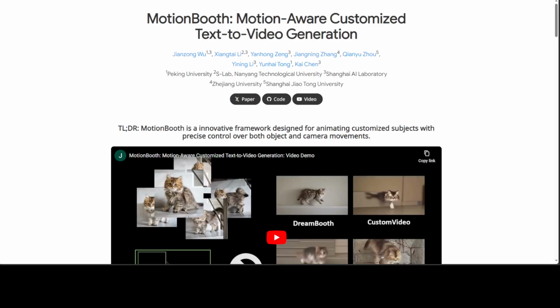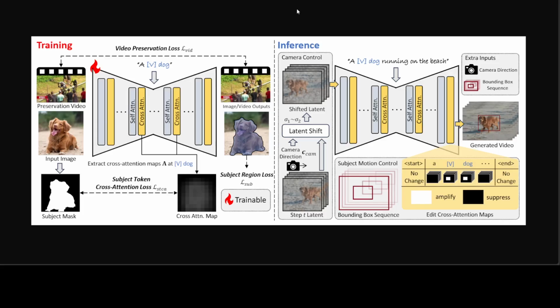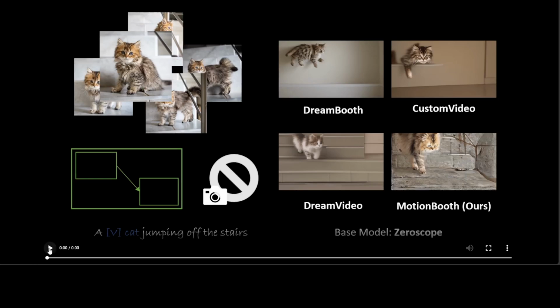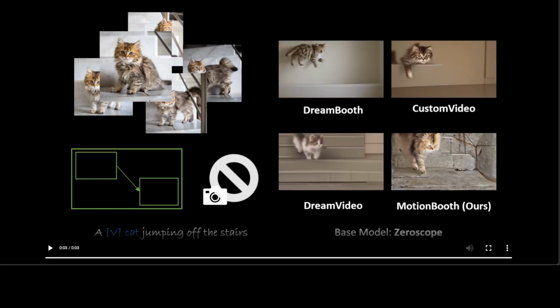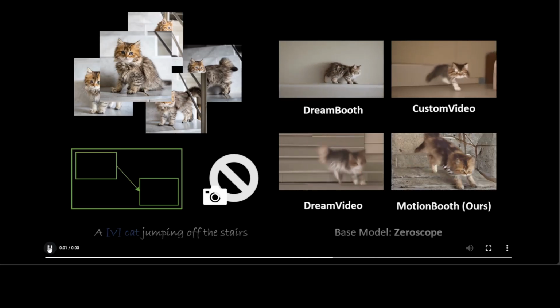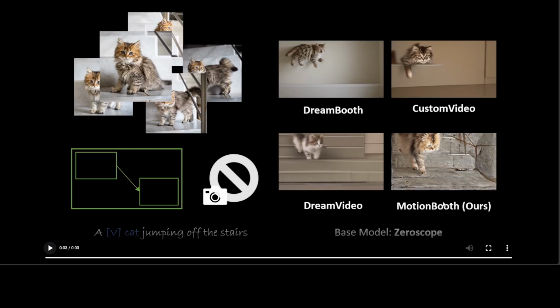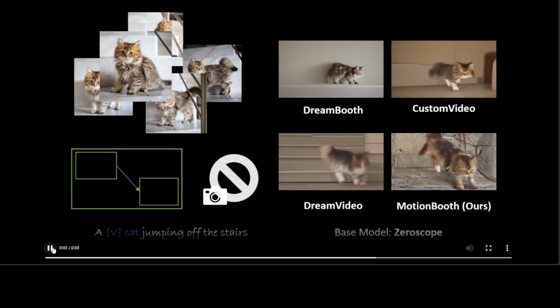So all in all, it is a framework for animating customized subjects with only text, while providing you a lot of control over both object and camera movement. This is best described by showing you some of the videos, and we'll come to the architecture later. So let's look at this video. So you see, in the first one we have this image of a cat jumping off the stairs. The text has been given, and you see the performance of DreamBooth and MotionBooth. MotionBooth is the last one in the second row, and you can see that the quality of the image is